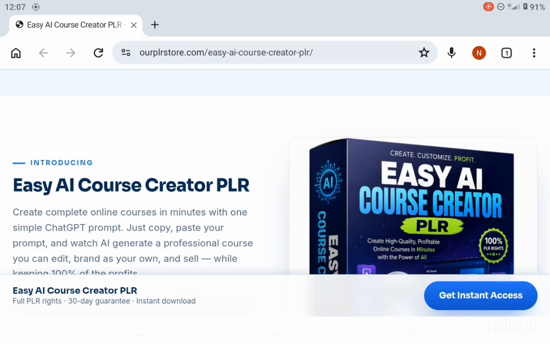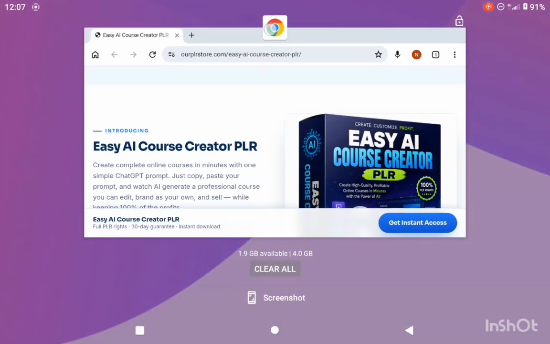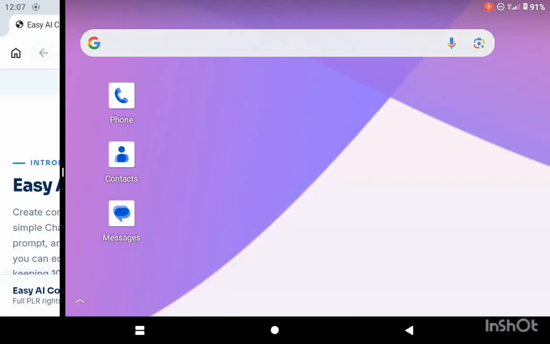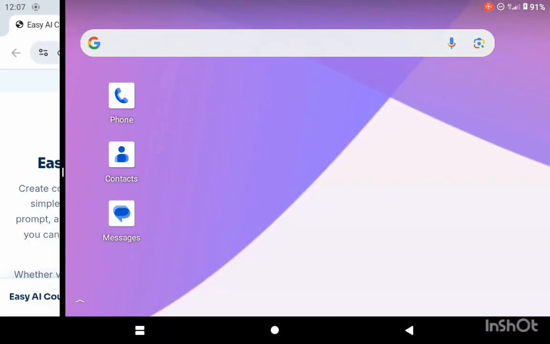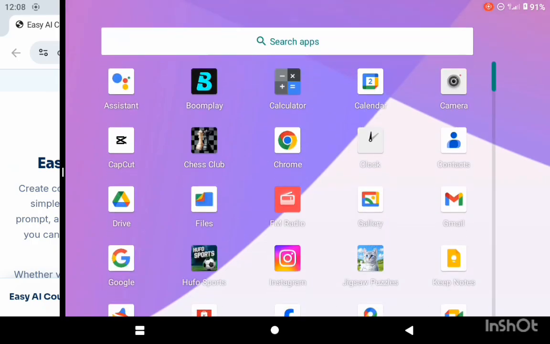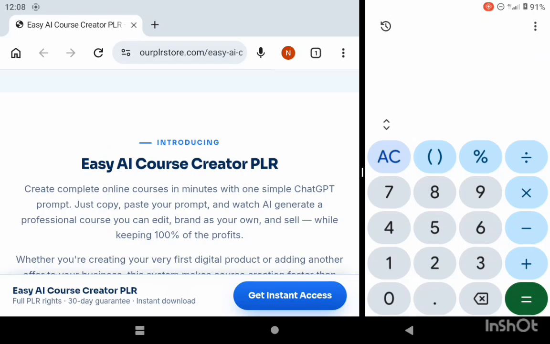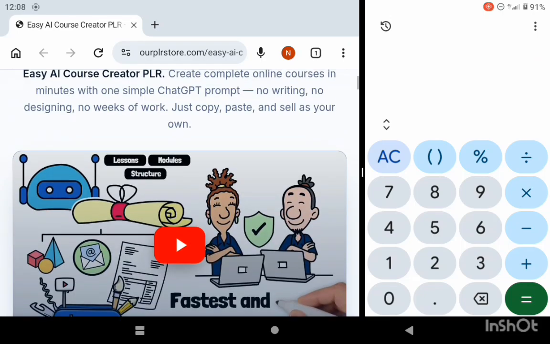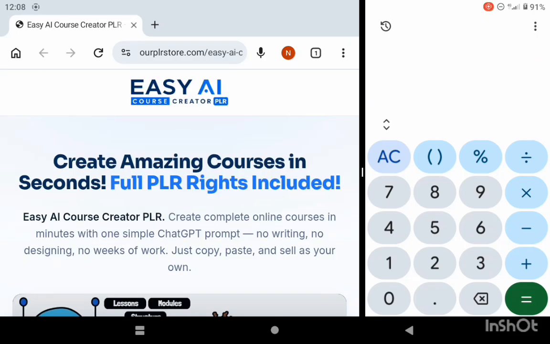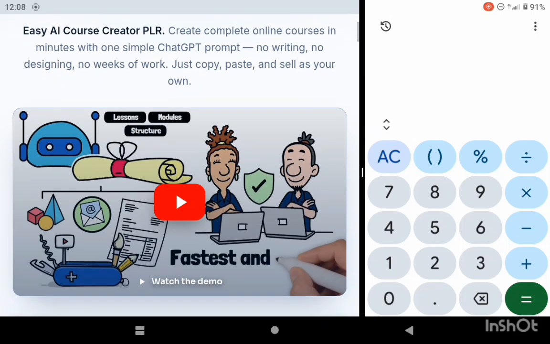But the main thing comes for when you want to exactly see how it's going to look on smaller screens. So let me just do that right now, and what I'm going to do is to split the screen so that I can show exactly how it's going to look on smaller screens. So let me just put a target on this other side. Now at the top we don't have any difference, but if you scroll down here, you can see